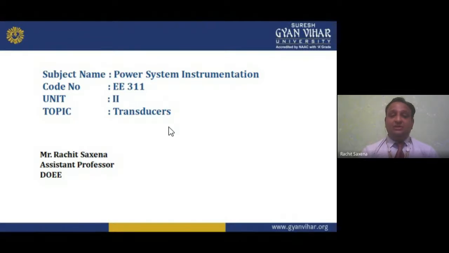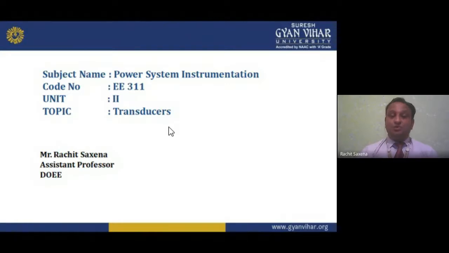I hope you understand. Then we have many characteristics, such as sensitivity and repeatability, and some limits are there. Then we talked about the LVDT, that is, the linear variable differential transformer, then the RVDT. In LVDT and RVDT, we measure the displacement of the core with the help of electrical means. So basically, we are converting one form of energy to another form of energy.